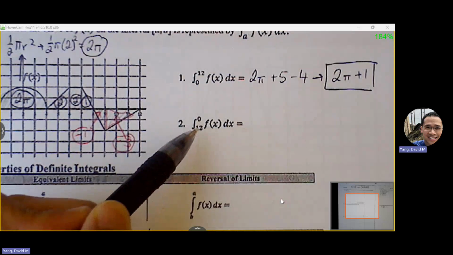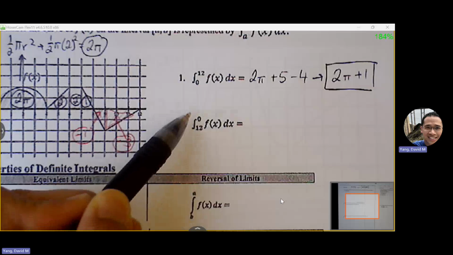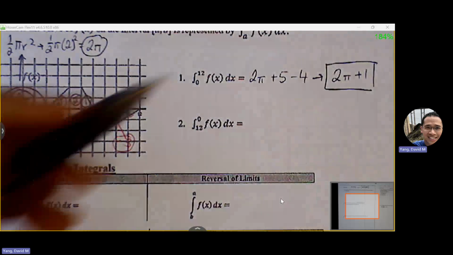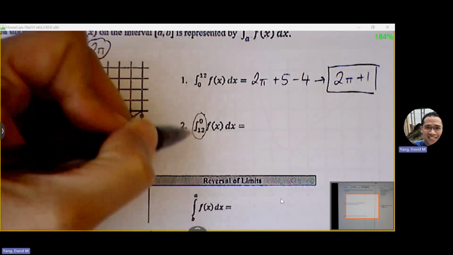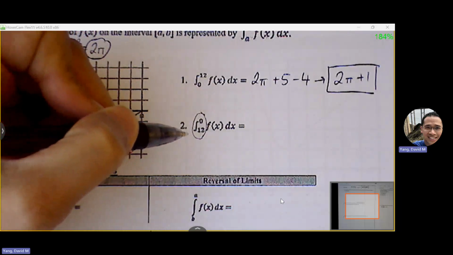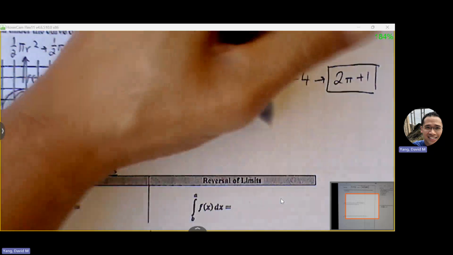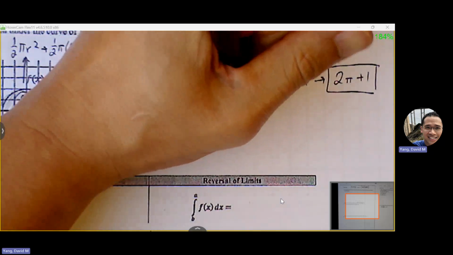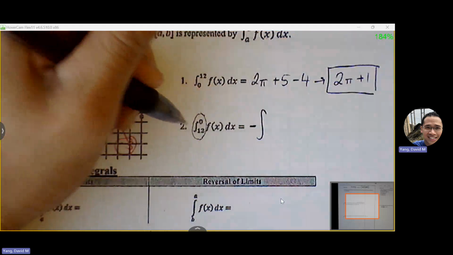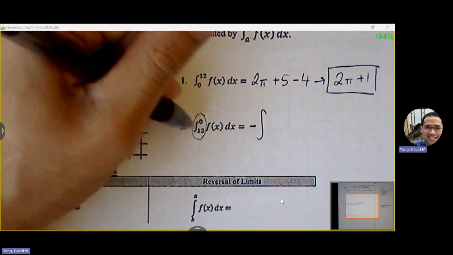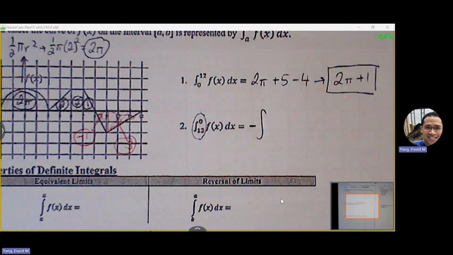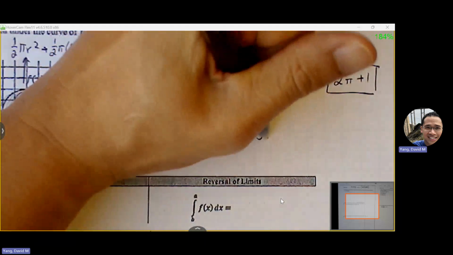Here, we're trying to read backwards from 12 to 0. So if we're reading backwards from 12 to 0, everything that we see is going to be opposite. But rather than doing that, what we prefer sometimes is just to flip the bounds and understand that everything is reversed, or every sign is reversed. So this feels more straightforward. We can always read from left to right here. If I want to change the order of the bounds, I can always do that, but I just adjust for the fact that everything is going to be opposite. So we pull a negative out in front,